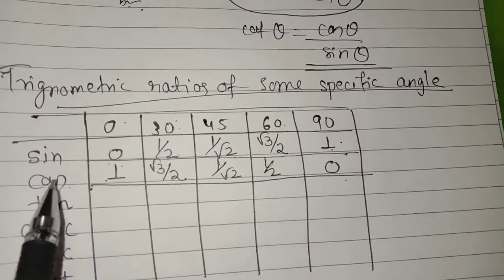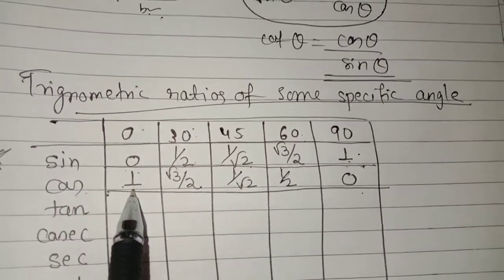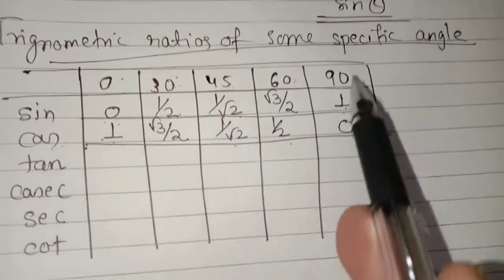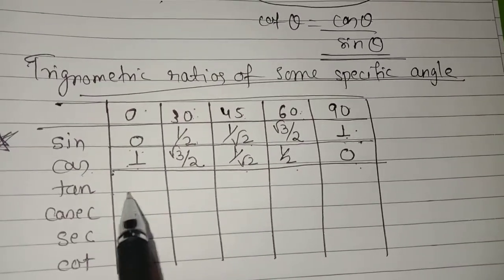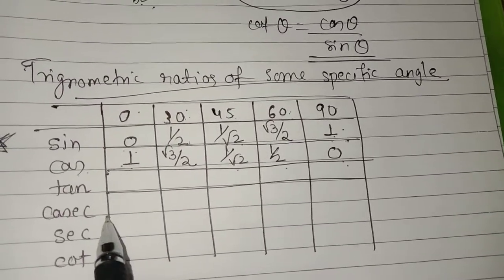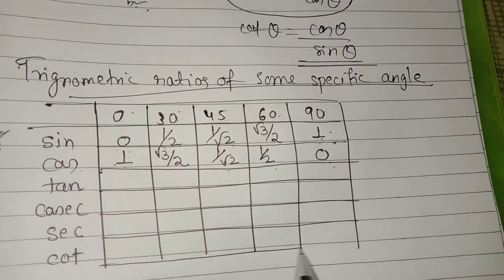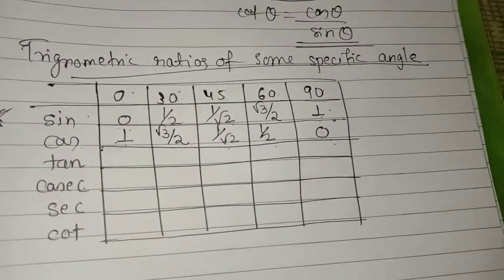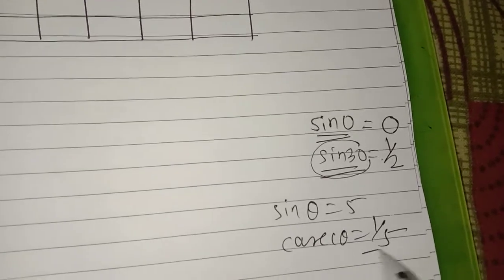So how will I memorize for the cos? If I am well sure about all the values of sine, cos 0 is 1, cos 30 is root 3 by 2, cos 45 is 1 by root 2, cos 60 is 1 by 2 and cos 90 is 0. Clear? So instead of tan, first of all, I will complete the values of cosec and sec. See, this is a way to prepare ourselves in a quick manner. Cosec is the inverse of sine, as I told you, right? That is, suppose the value of sine theta is 5, so cosec theta will be 1 by 5. That we all know.